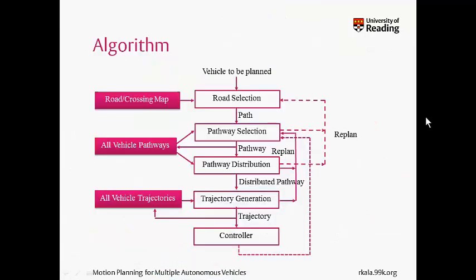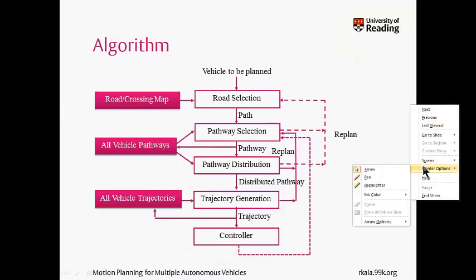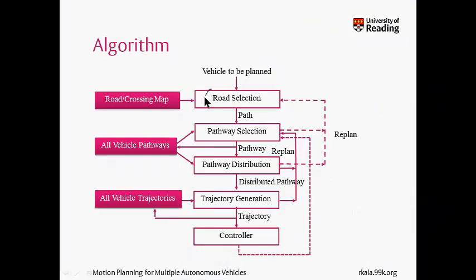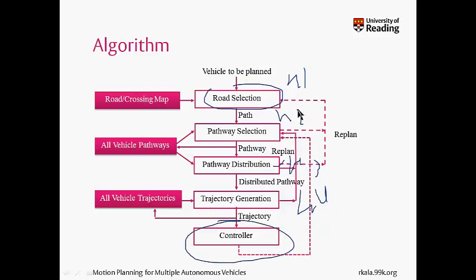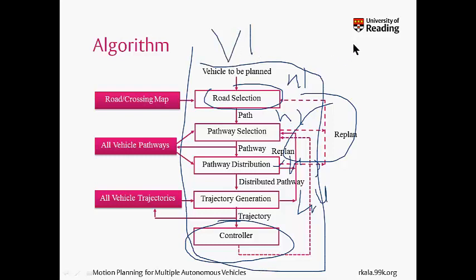And with this, the general structure of the algorithm becomes very clear. There are clearly four layers of hierarchy, which is hierarchy 1, hierarchy 2, hierarchy 3 and hierarchy 4, which generates a trajectory which the controller can use. Any hierarchy, any vehicle or any hierarchy can ask any other vehicle to replan. Now this is only one vertical that I have shown, which may be for vehicle 1. There may be similar verticals for vehicle 2, vehicle 3 and vehicle 4, which I have denoted in short by